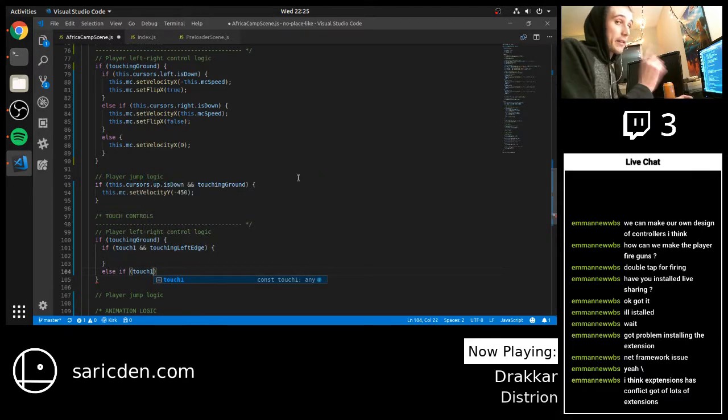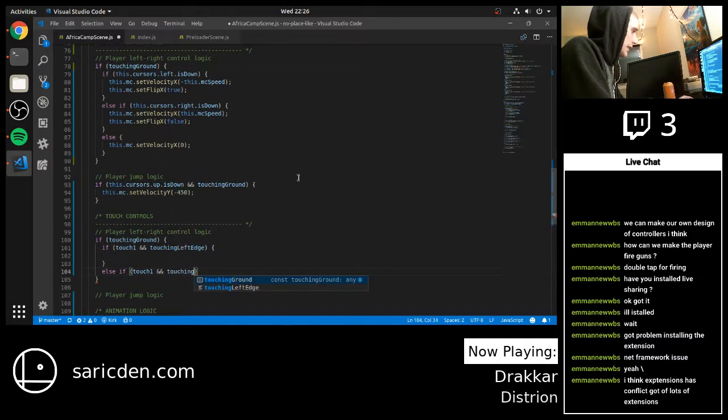touch 1, again, not touch 2, because touch 2 means they have 2 fingers down, and in our case, for running back and forth, like walking, we're only ever going to have 1 thumb on the screen, is the theory. So else if touch 1 and touching right edge, then we'll move right, and lastly, if we're not touching at all,